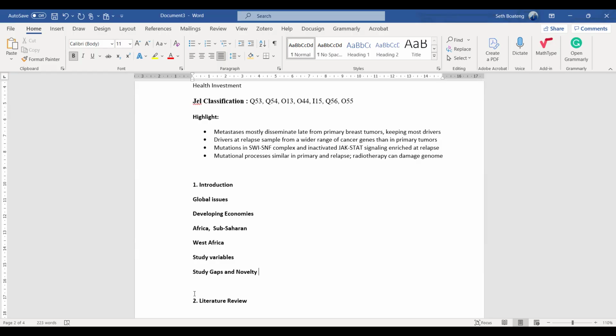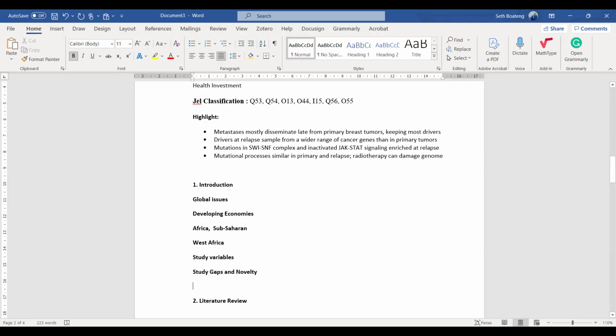If your study is also about theoretical contribution, or you want to test a theory, you explain that this theory was developed based on maybe global data or global information, and it has been challenged in the developed economies. And this study is testing that theory in the West African economy. So you bring the study gap explicitly, so that if anyone picks up your work, they see it. That's where most studies get rejected. Most of our studies get rejected based on that. So please, that one is very important.